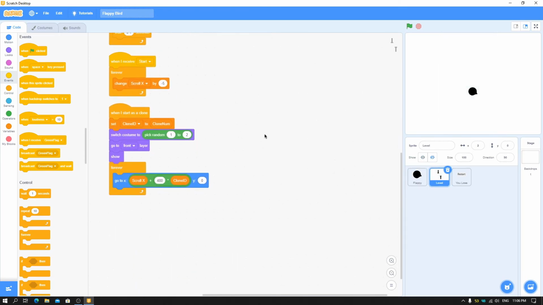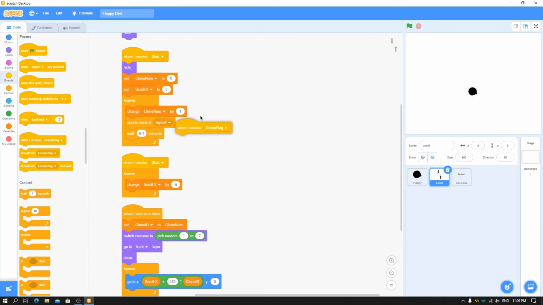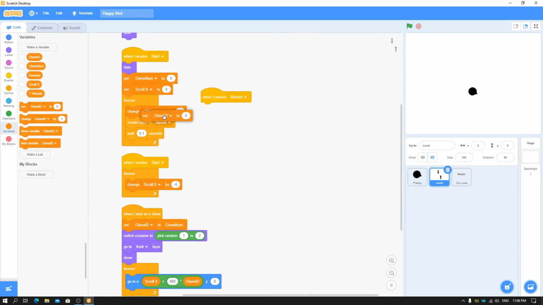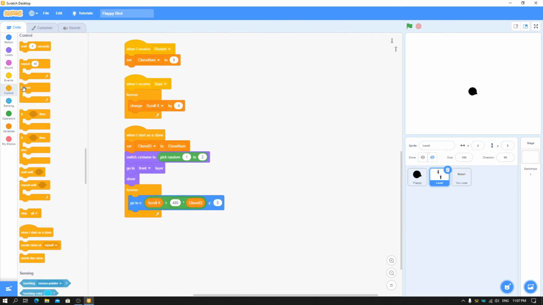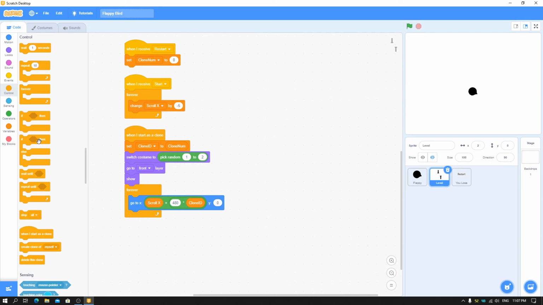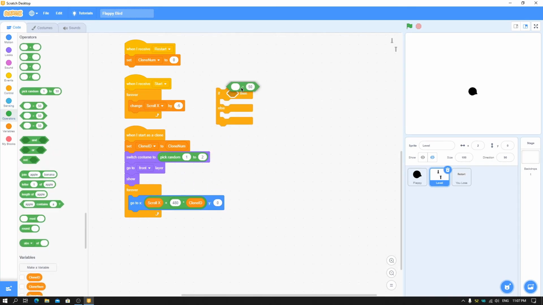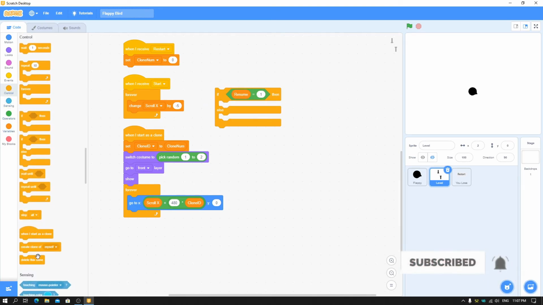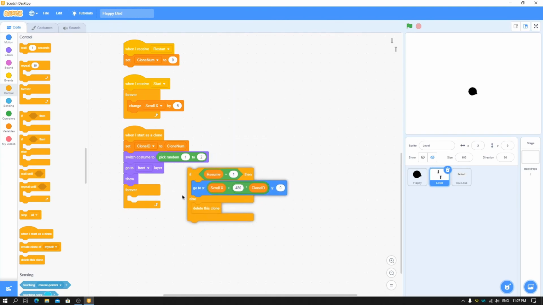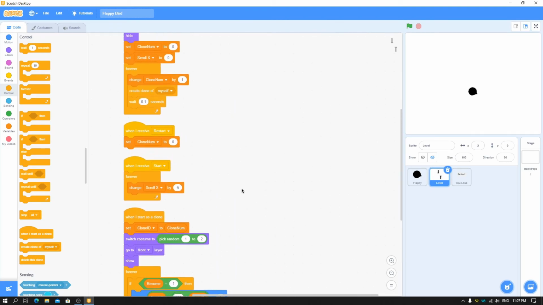Now go to level, and also when I receive restart, just set clone number to 0, and just put here a script if else, and resume is equal to 1, or else it will delete this clone, and put this here in the forever loop.